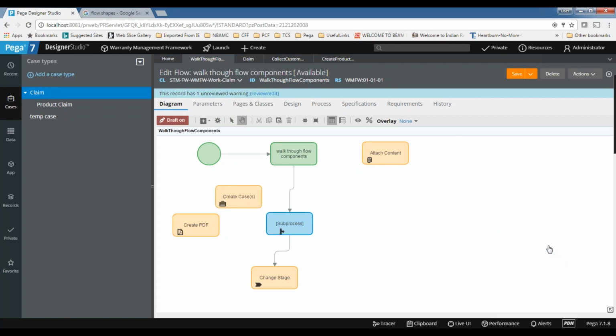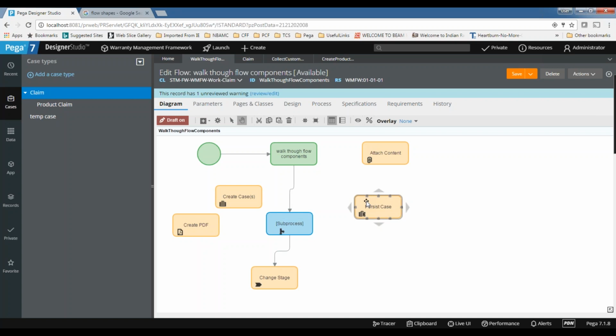And then persist case is not required as per best practice, but as the name indicates, persist means saving the case. So if for some reason you want to save the case as part of the process, you can use that, but that is not the recommended approach, because whenever you submit the flow action, the system will automatically save the case. So no need to call the persist case shape explicitly. The system will call it every time you submit the flow action.